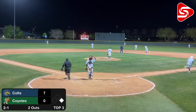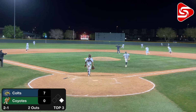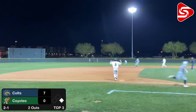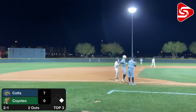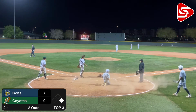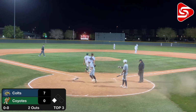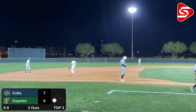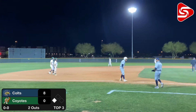Now when he gets that, sends it to the wall, hits the bottom, basically hanging at the bottom of the wall. Harrison's coming around. There's going to be a play at the plate. He's safe, and that's a stand-up triple for Carson. Smacks that one. I mean, that missed the wall just by about a foot as it got driven out